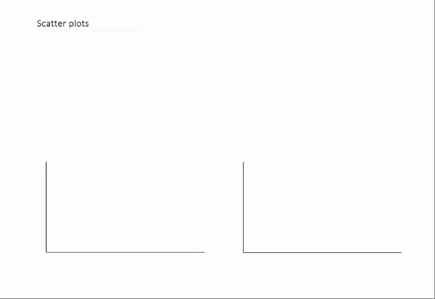One way of presenting data that you're going to be using a lot is the scatter plot. So this is a type of graphical representation that you're going to be using when you're looking for a correlation. So we're looking for correlation. We don't know if there is one or not between